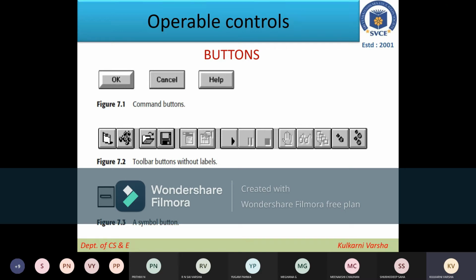Use standard labels instead of, suppose, help. If you give some other label saying that you're confused, instead of help, if you have given the label as confused, will everybody understand? If you are confused, please press this confuse button to get the help.